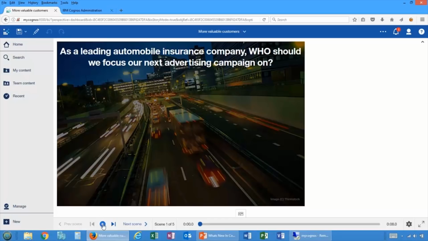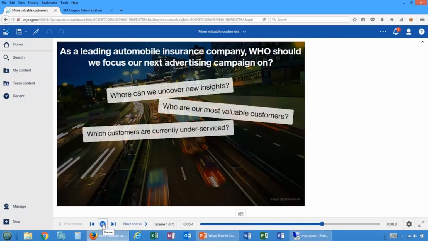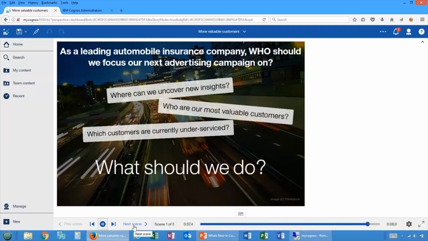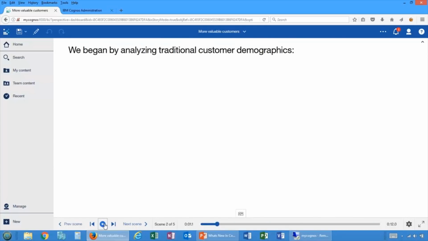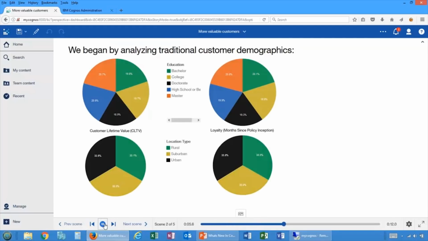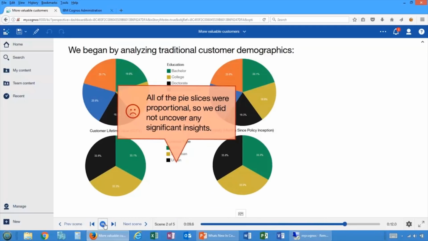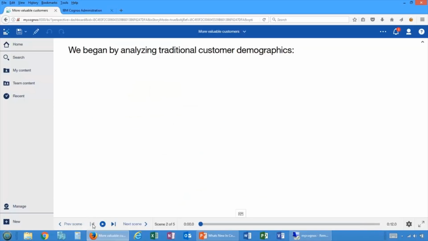But in order to do each scene, I click and it's going to run this scene, and then I would click on next scene, and then it would bring up the next scene, and then I'd hit play and it would run through my scene and so on. So you see I'm in charge of the timing and when scenes change and so on. And that's what I was able to do up until this release. Now with this release, I can